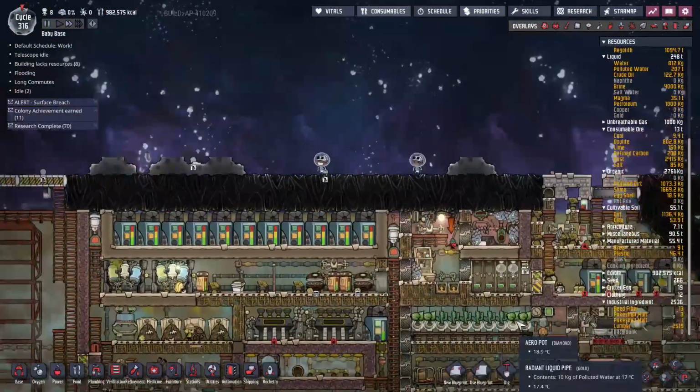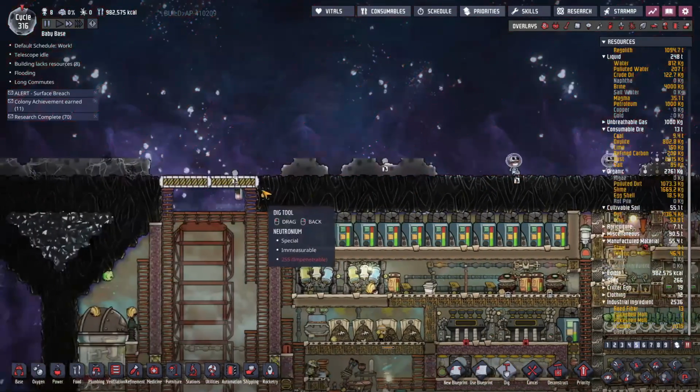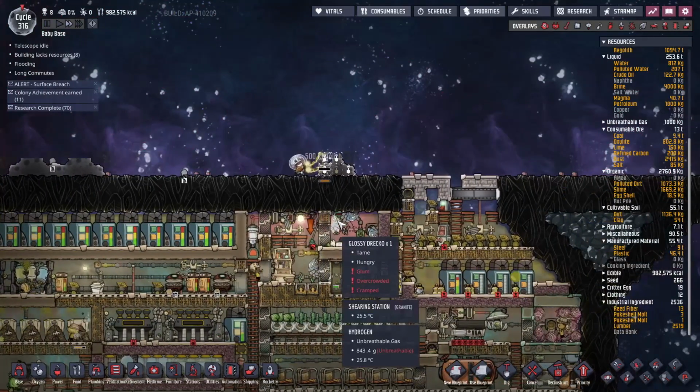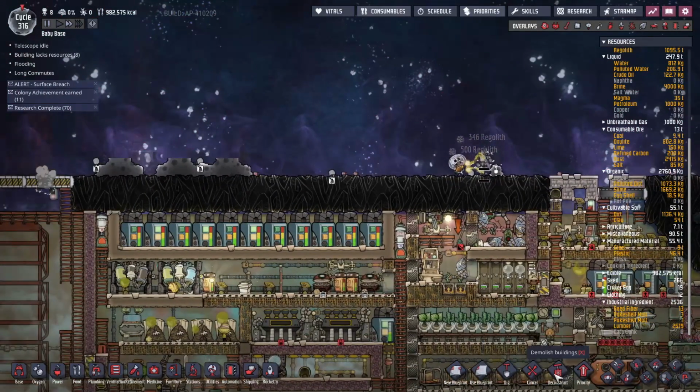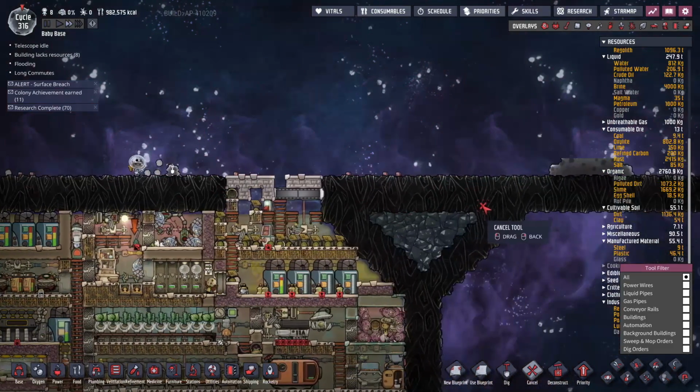However, the current problem is I need to get everyone off the top again. I was trying to dig out this area, but yeah, quick, just go home. Everyone go home. We'll cancel all of the orders that are up here so everyone can get back inside, and then we can close the doors until this...